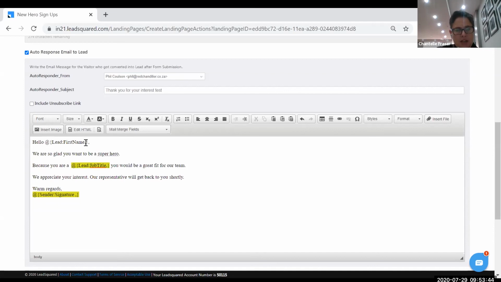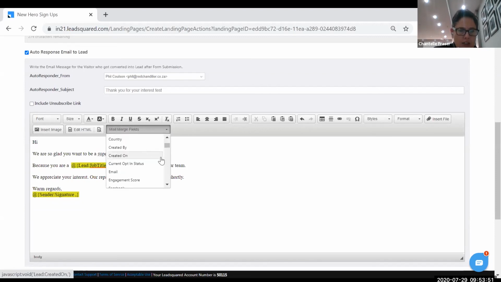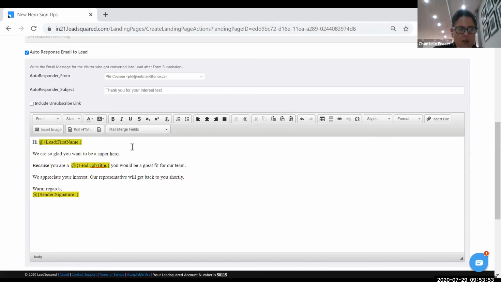So you can see I'm saying when somebody gets this response, I say hi, and I'm going to say lead first name. If you personalize your emails, you will get a much higher open rate and engagement rate. So if somebody fills in this form at 2 a.m. in the morning while I'm sleeping, my LeadSquared profile is going to be sending responders to people. And then I will always suggest include the unsubscribe link